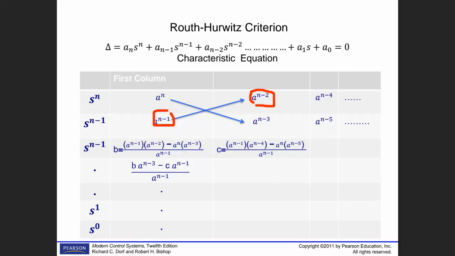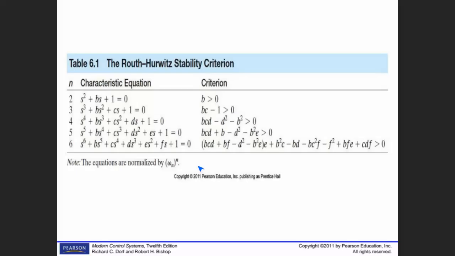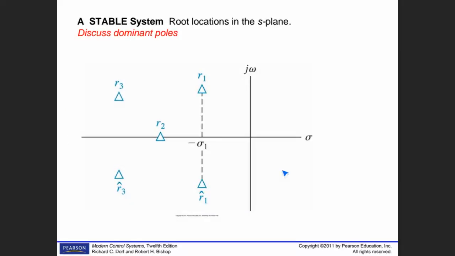Şimdi, we'd better make an easy example. These are the tables telling us the reasons to have a stable system. That means if these equations are the denominator of your transfer function, the characteristic equation, and if that relationship is obtained, your system is stable. Forget about that one, since we are going to derive those equations. For example,